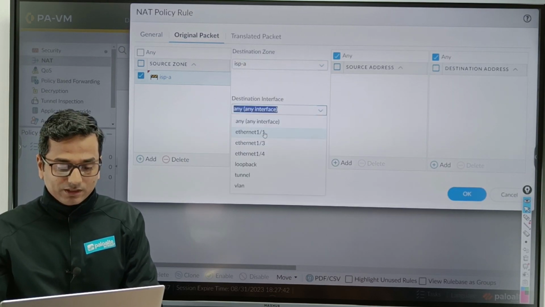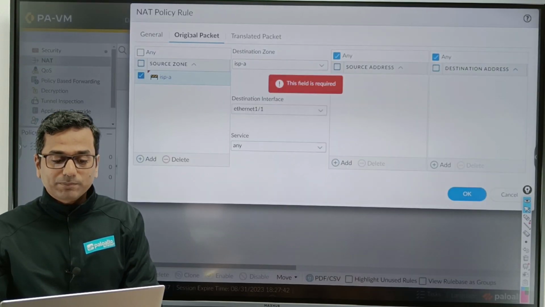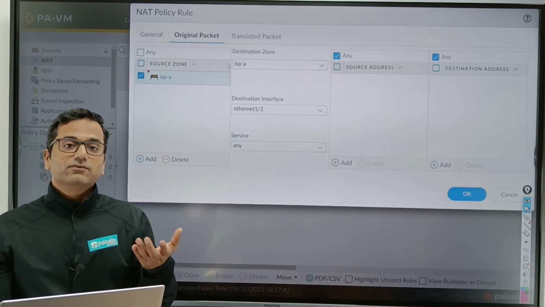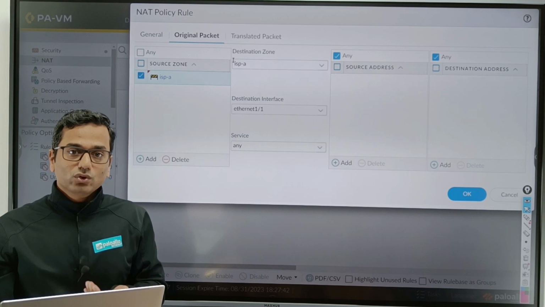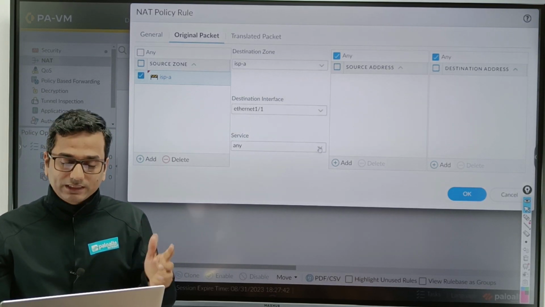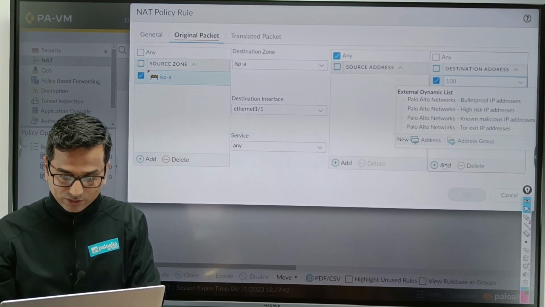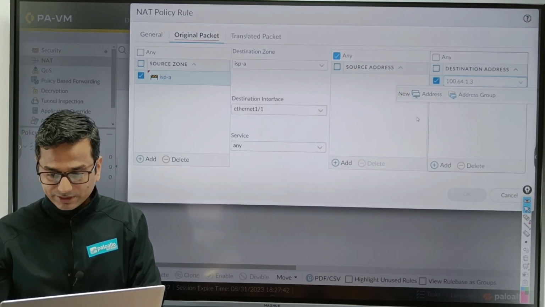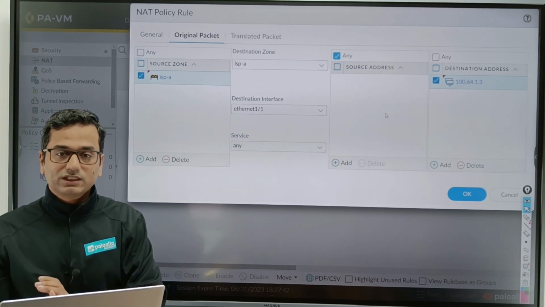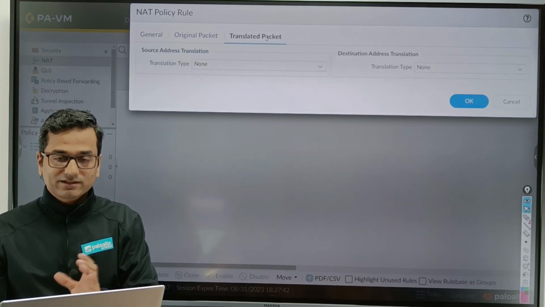Destination interface Ethernet 1/1. See, we are creating the original packet here. When the firewall originally receives the packet, the destination interface for that packet is Ethernet 1/1. Service, let it be any. Source address should be any, and destination address here is 100.64.1.3. Now if the packet matches the original packet condition, then translate it.